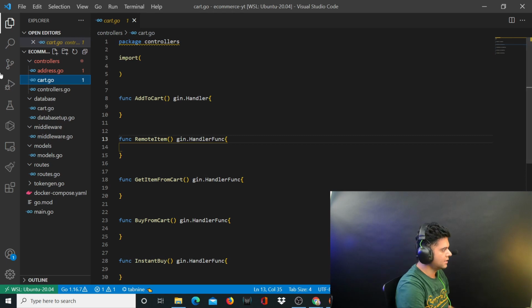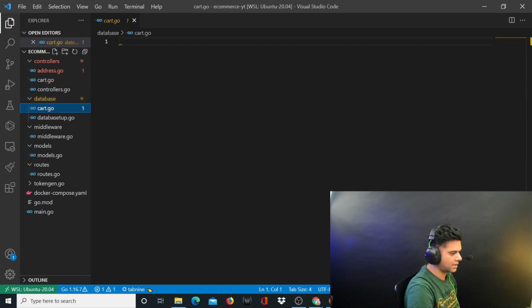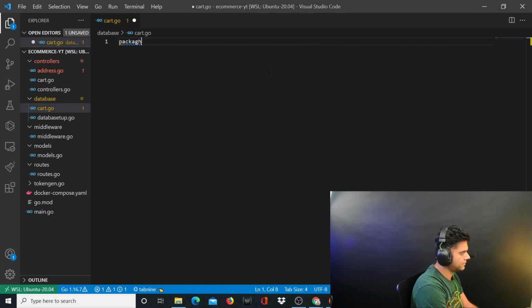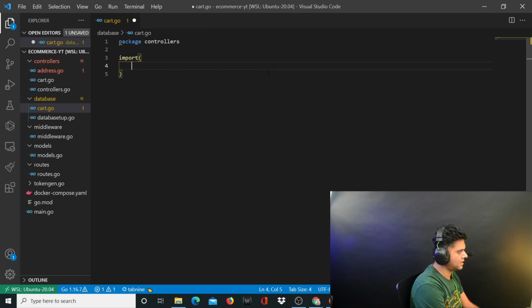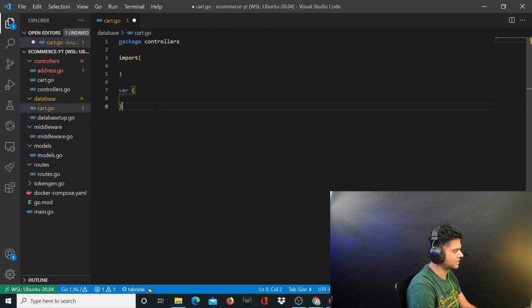All right. So first, let's head over to our cart.go file and we'll call this package controllers. It'll have some import statements, obviously. And here I'll define some errors. I'll come back to this in just 2 minutes. I'll define like 5-6 different types of errors here. The functions that I'll have: